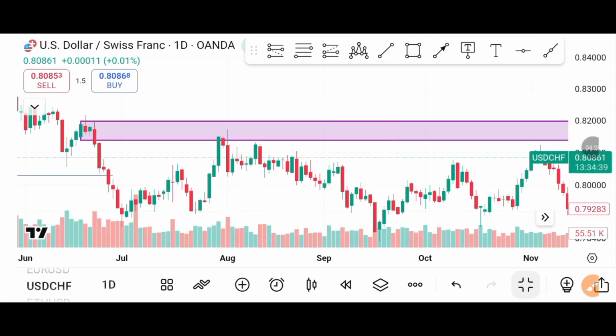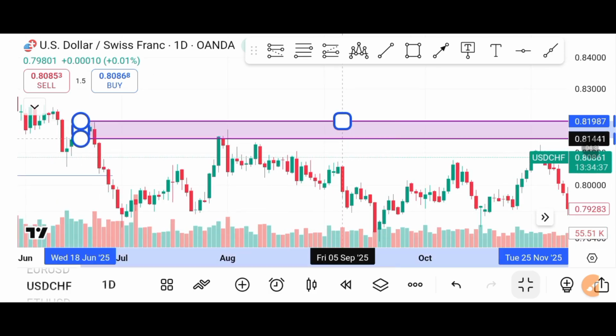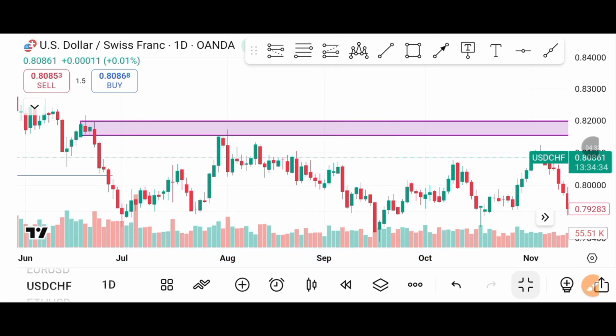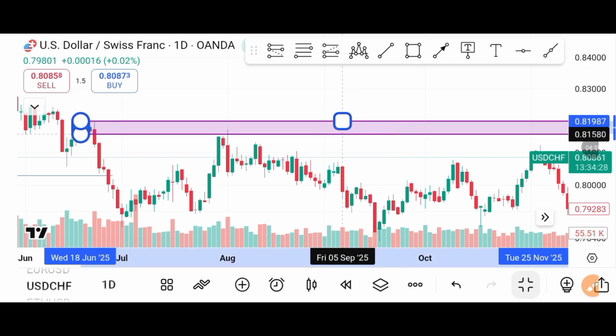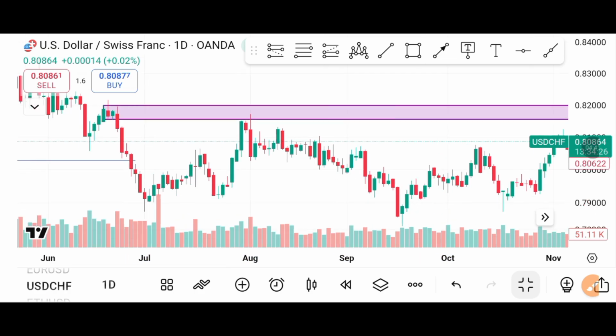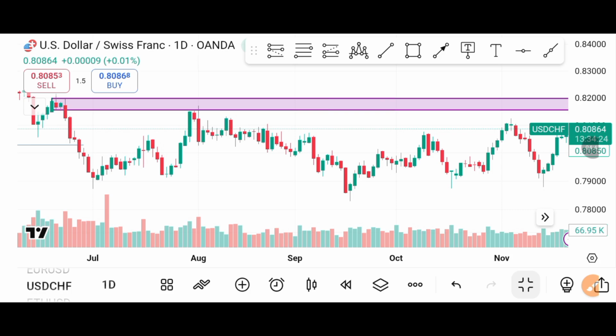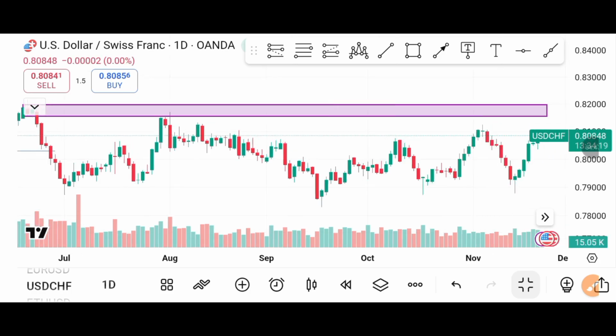Okay, so price already tapped into this order block, guys. Price already tapped into it. And price is currently heading downwards. So at this point in time, being that this is daily time frame, you can't possibly take any trade from